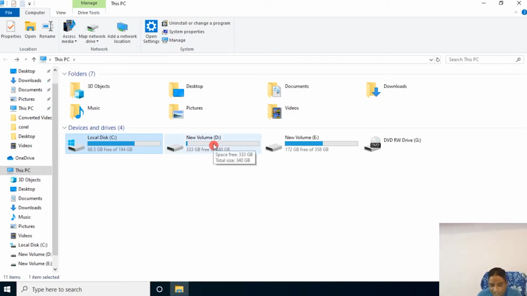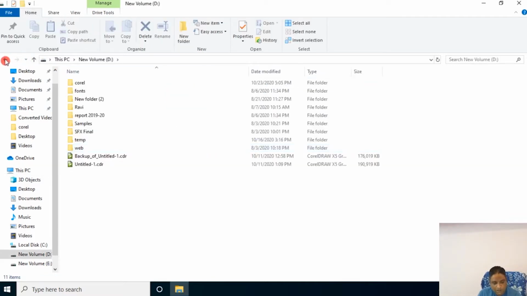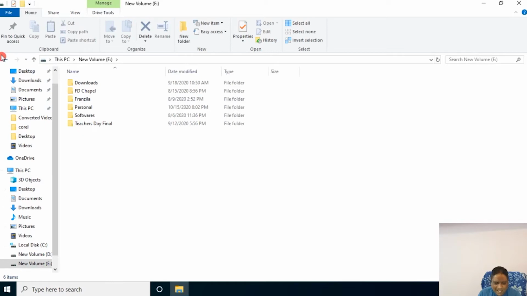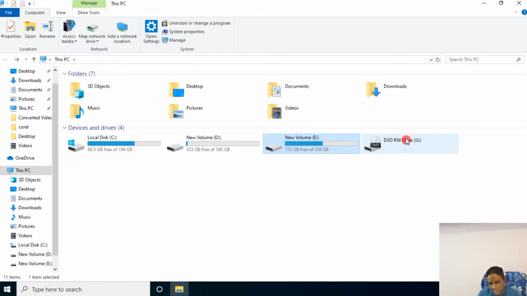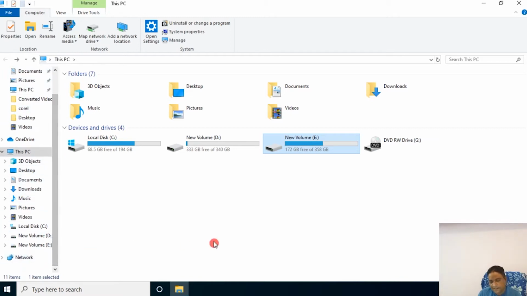Then we have D drive and E drive. Here you can save your data. For example, you go for a birthday and you click photos and you want to save them on your computer. You can save them in D drive and E drive, if you have D drive and E drive. If you don't have them, you can create them. Double click. See, this is my data which I have saved separately. I can access everything. I can access the CD-ROM, and on the left hand side I can see desktop, downloads, my documents, pictures, PC. Everything can be seen on the left hand side.